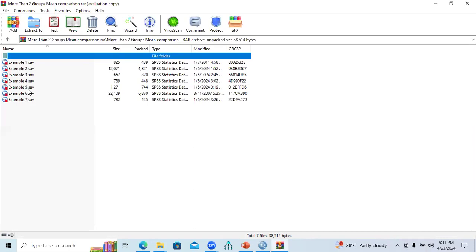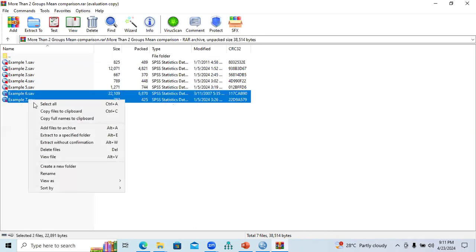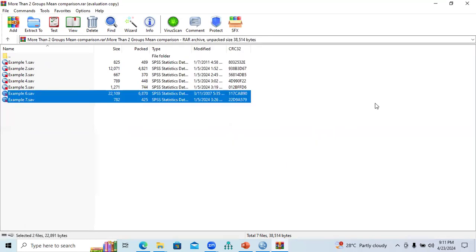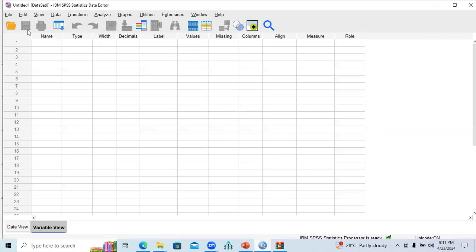The previous five examples were used with normal data. So we need to use example number 6 and example number 7. We need to extract this file, for example, on the desktop, and open these files